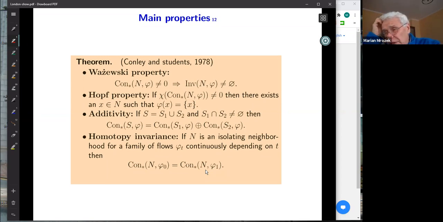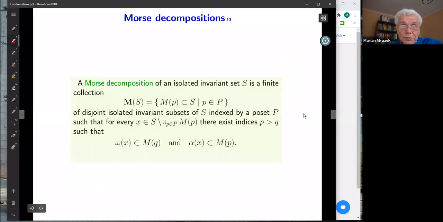But then you need an isolating block if you want to directly, by definition, compute the index. And finding an isolating block is typically much harder. So in analytic approaches, often you just try to modify your dynamical system to another one where it's easier to find an isolating block. And when you modify, you have only to look at the boundaries so as to make sure that the modification does not violate the assumption, that N is all the time an isolating neighborhood. Okay, so